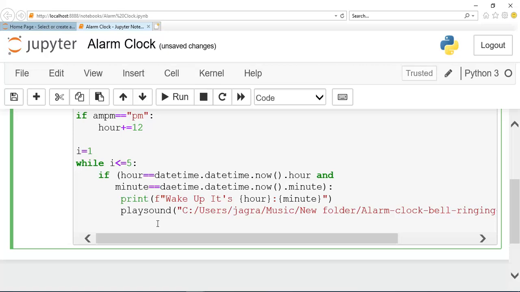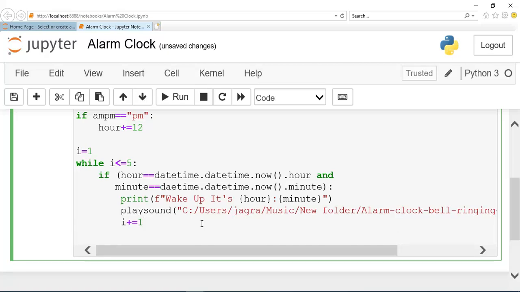So guys, to break that or to run our program 5 times, I will add and assign 1 to i, so that our program runs for 5 times, guys. And now guys, we will print a final statement that will run after the while loop is completed. So let me use here, guys, good morning.